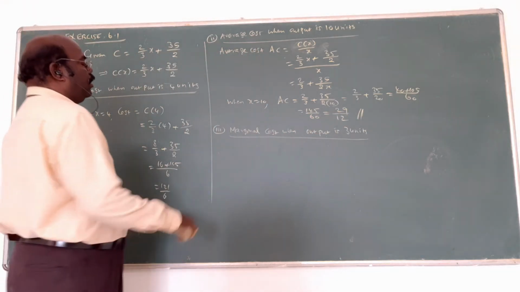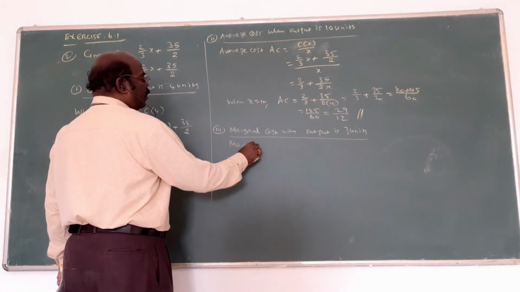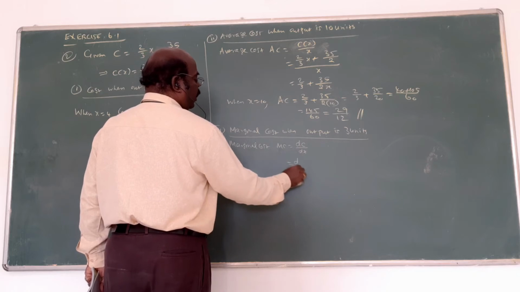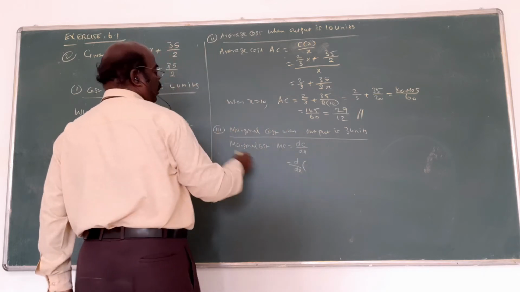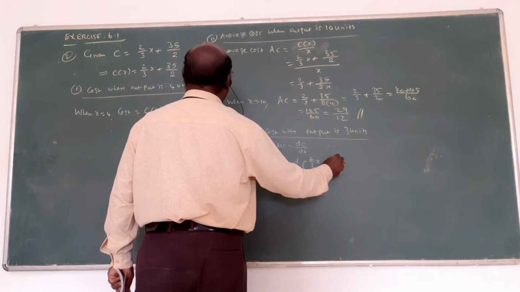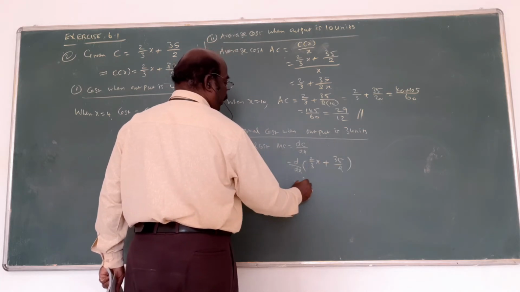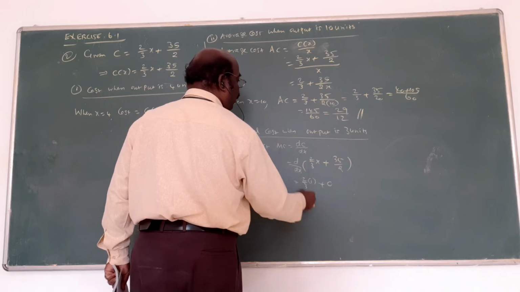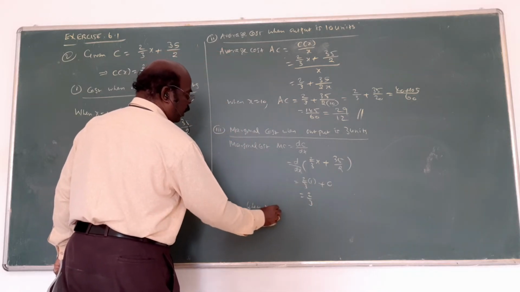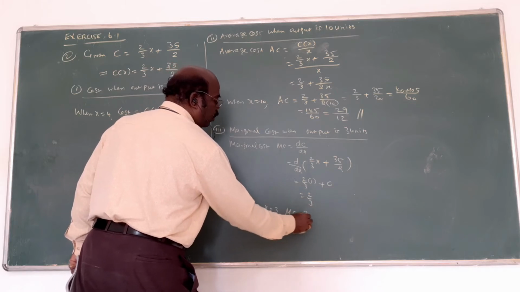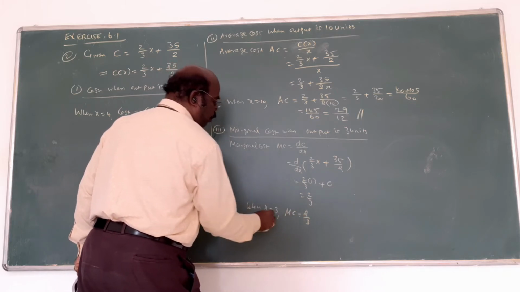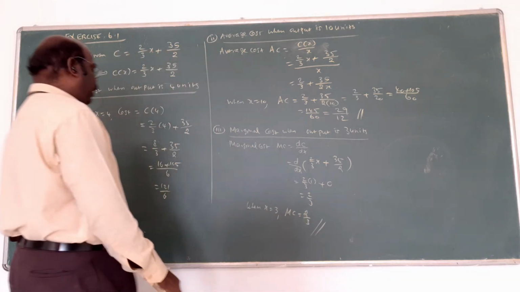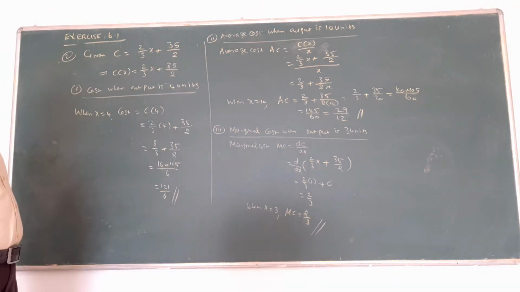Then marginal cost. Marginal cost means what? MC equals dC by dx is the formula. d by dx of C, already given 2 by 3 x plus 35 by 2. Here 2 by 3 is constant, x becomes 1. All other constants are 0, so 1 and 2 by 3. Now what is asked? When x is equal to 3, MC equals 2 by 3. Since x is not involved, this is the answer. For this one, we must know the formula.